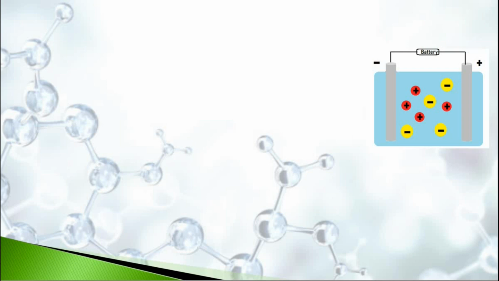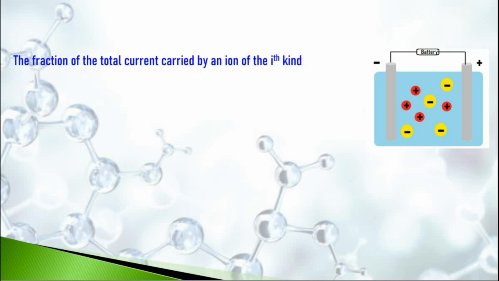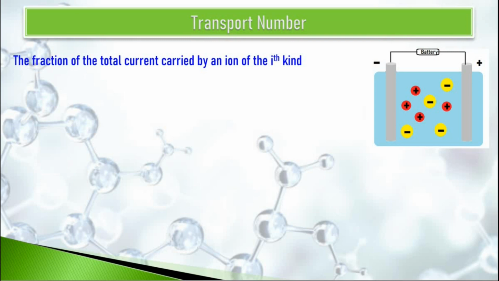If total electricity or current flown through the solution has certain value, then a fixed part of this total current or electricity is carried by a particular type of ion. This fraction of total current carried by a particular type of ion is known as its transport number, and it is generally written as Ti. So by formula, Ti or transport number is the charge or current or electricity carried by a particular type of